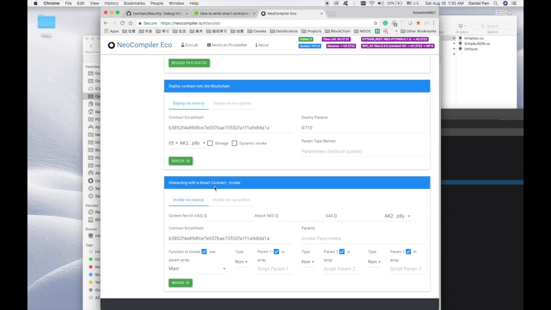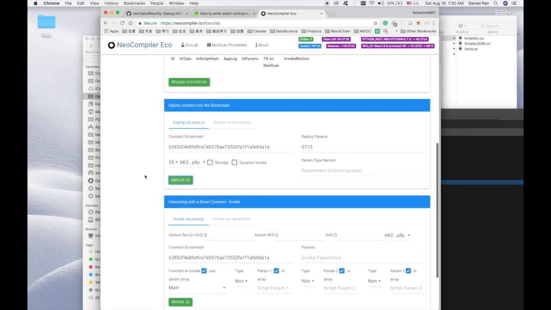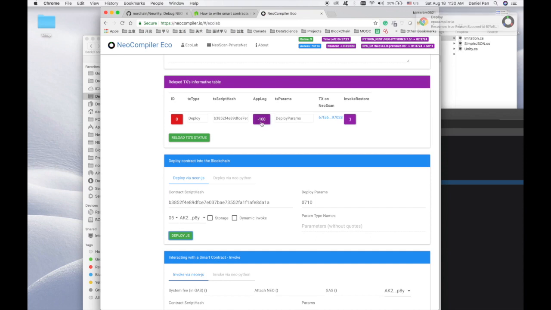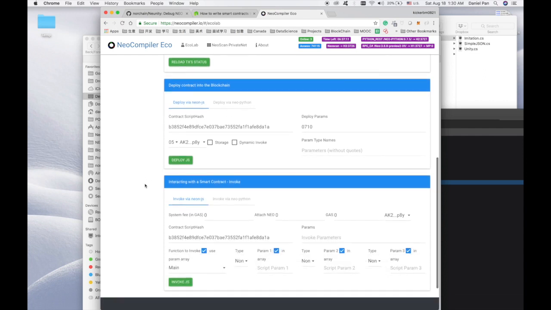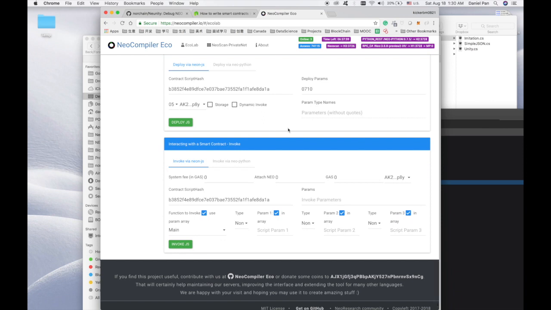So we can see deploy the smart contract. Okay, you can see the log -100. Don't worry, it takes a long time. The block generation speed is much quicker than the usual test nets. It takes seconds. Just be patient. And then